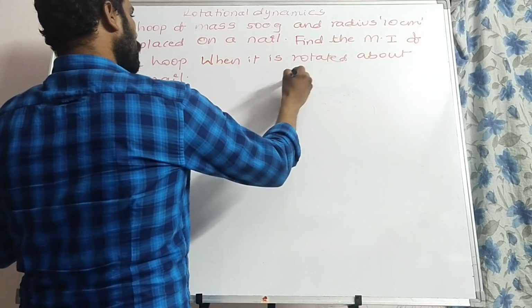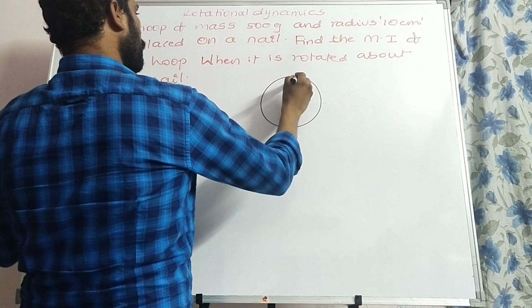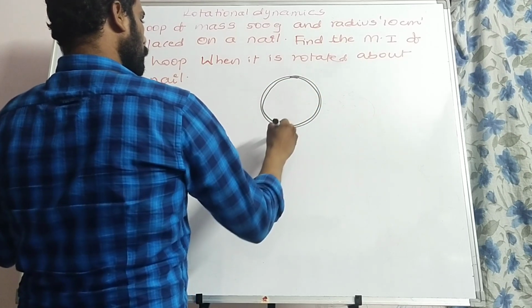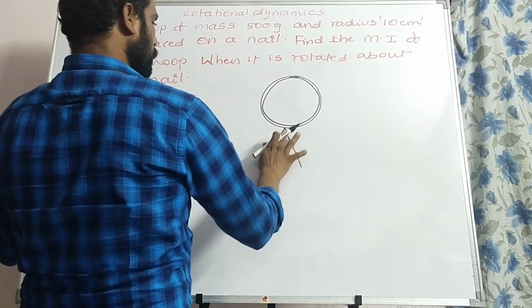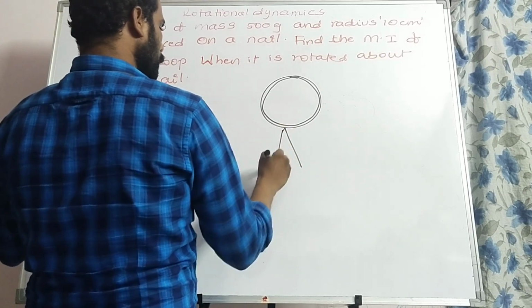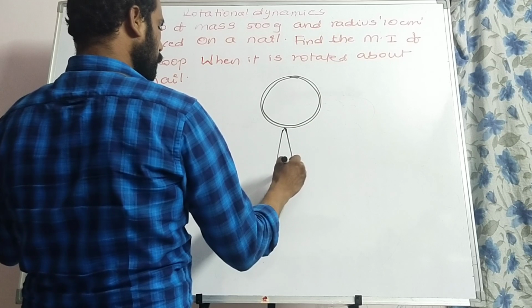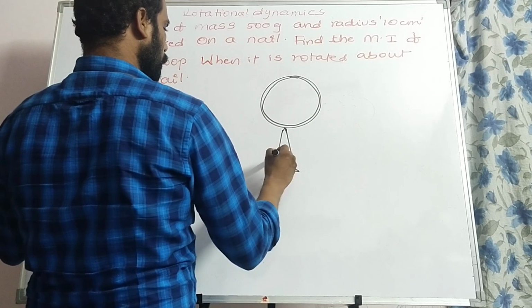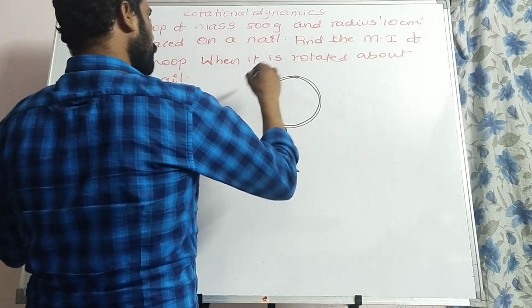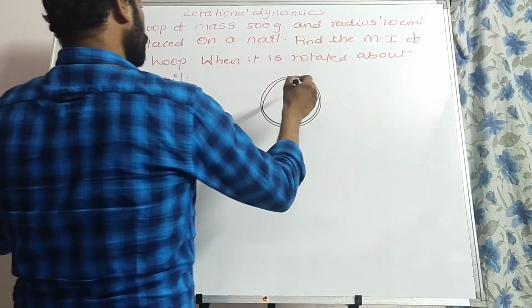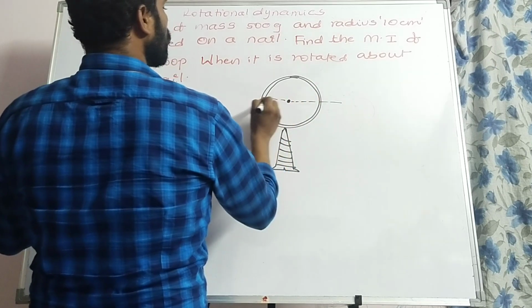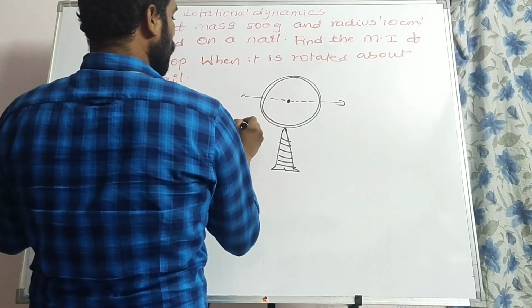So let us consider. Here is the hoop, like a ring, of course. It is placed on a nail, as shown in the figure. So it is rotated. Of course, the axis of rotation will look like this now. And the distance,